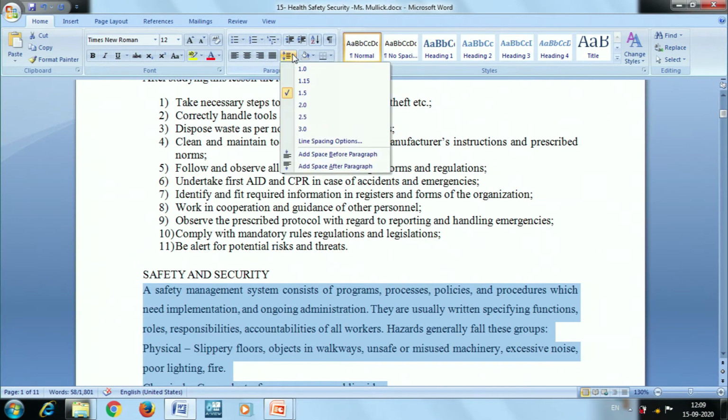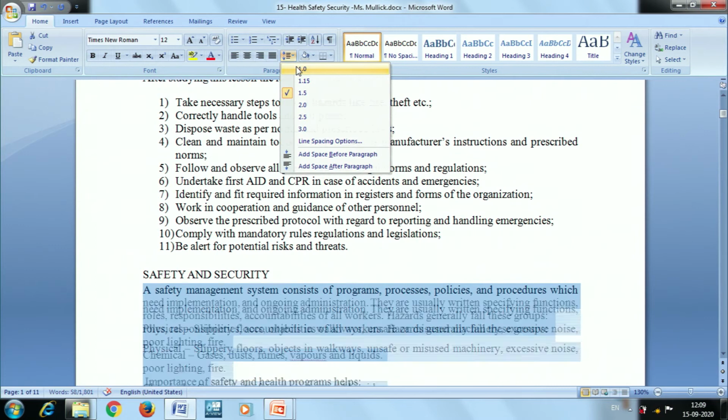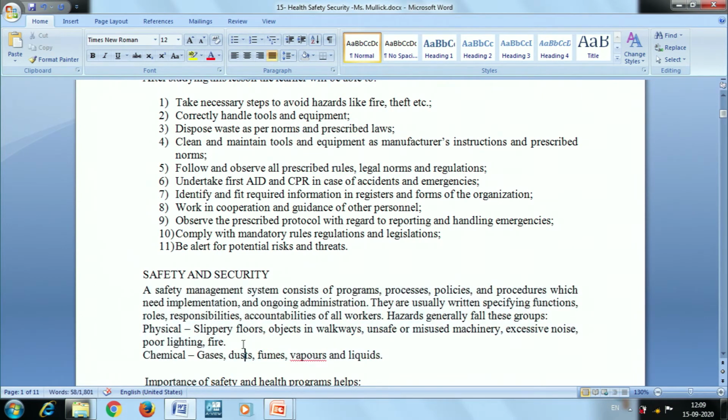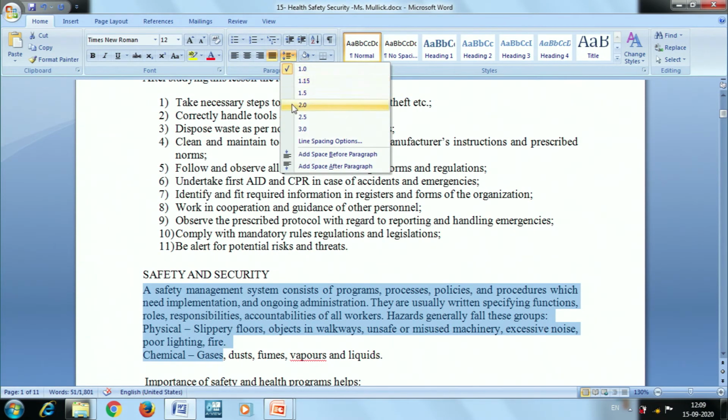If I want to give more space, I can go for that. If I want to decrease the space and give only single spacing between the lines, I can click 1.0. Here you might have seen the difference. Earlier there was more space in between the lines. Now the space in between the lines is less. So we can reduce or increase the line space by using this line spacing icon.